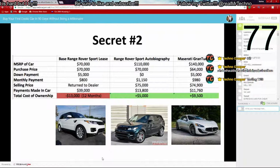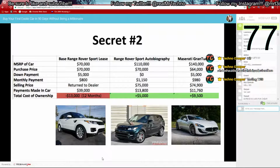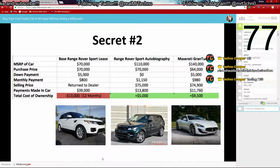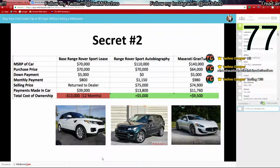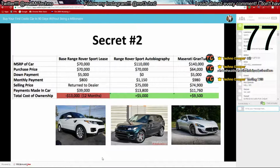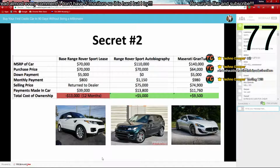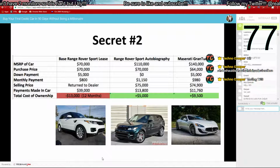So regardless of how you want to look at the scenarios, you drove it for free or you drove it for a profit, it makes no difference because you didn't lose $13,000 like that guy did on the base model Range Rover lease. Now, if we go to the Gran Turismo, it gets even better because it's about margins. And in this case, this was an actual case study. This is a step-by-step case study found on the Exotic Car Hack site. In this case, the car was sold for $74,900. The payments made in this car,